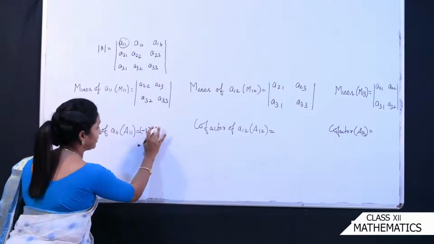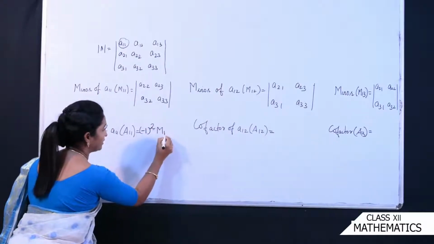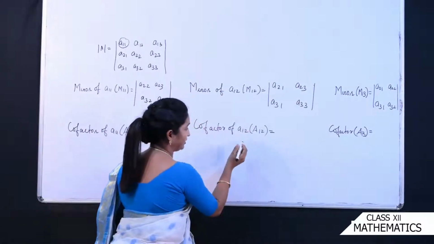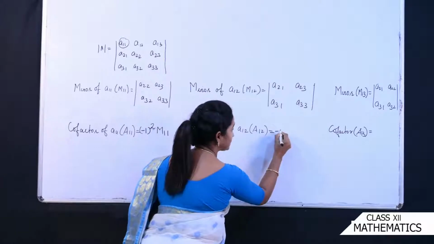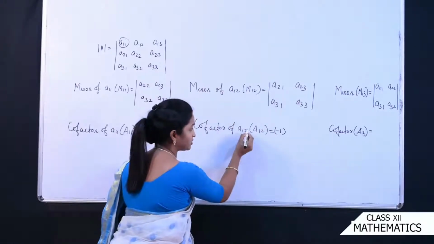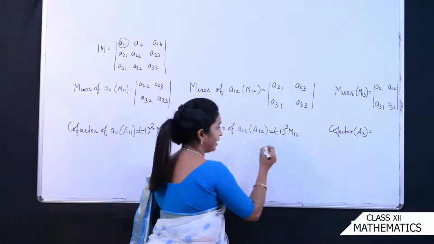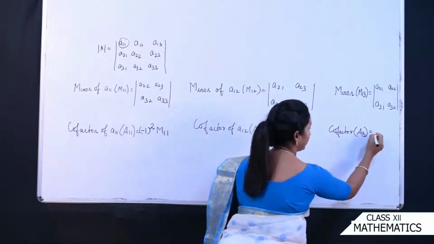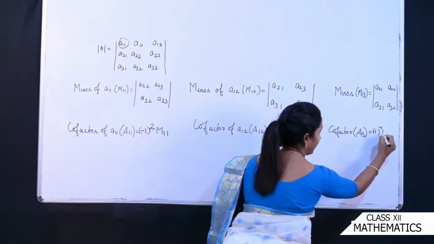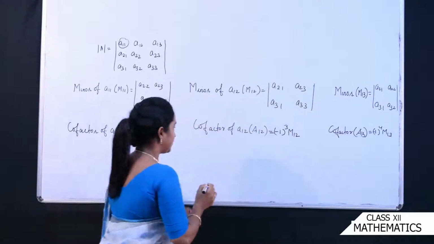तो यहाँ पे हम क्या करेंगे? It is 1 plus 1, 2. Okay, and then we will write down the minor of that element A11. Okay, now look at here, if you find the cofactor here, again it is -1 to the power i plus j. i plus j means 1 plus 2 and that is 3, M12. Okay, again we will see the cofactor of 1 3. Again it is -1 to the power 1 plus 3, it is 4, M13. ठीक है, आपको समझ में आ गया.